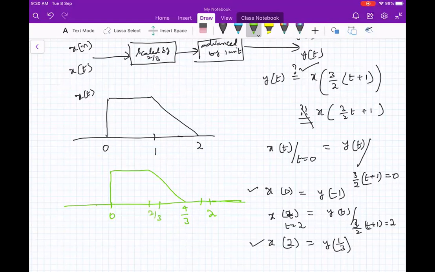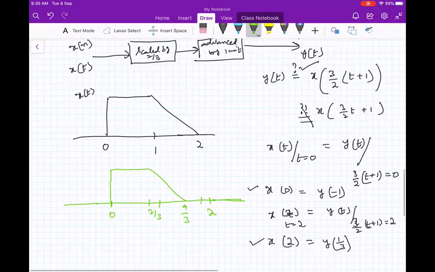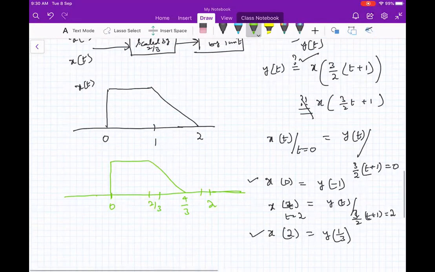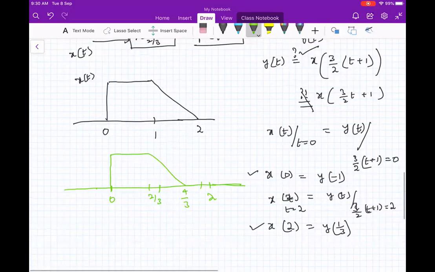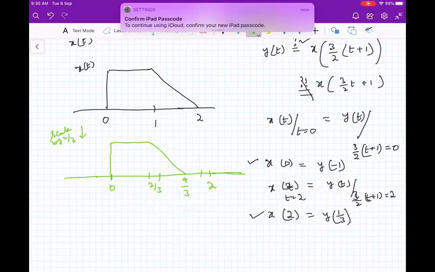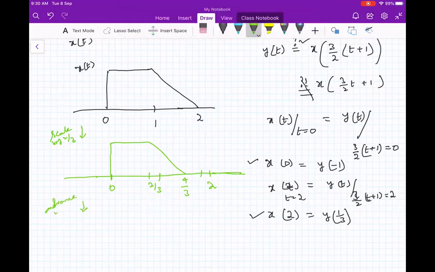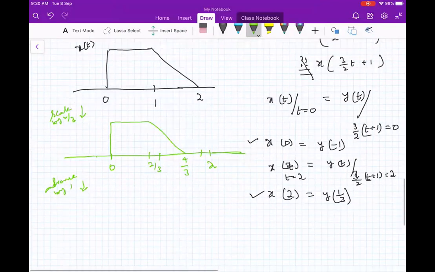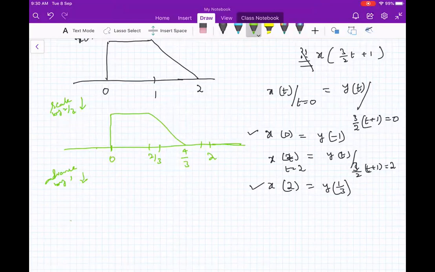So now the next question. Another army officer is requested to tell. So this is after scaling by 2/3. Now what we wish to do in the next operation is advance by 1 unit. Advance means in which direction do we go? We'll go towards the negative axis. Yeah, so 0 starts a priori. Okay, that is advance.